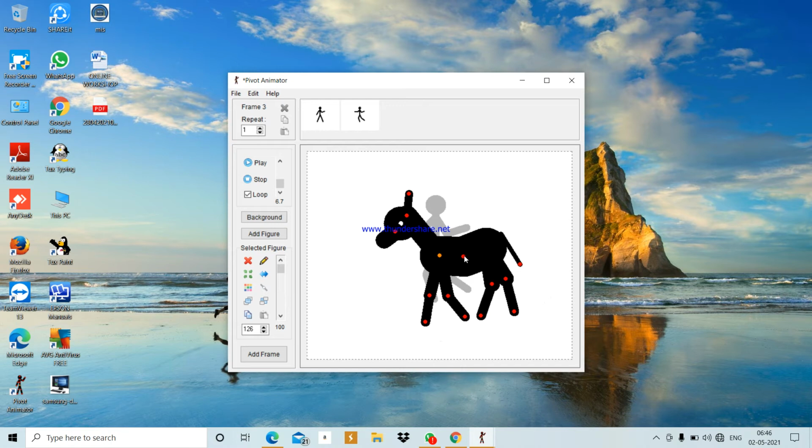Next is to adjust the length of any segment. These are the segments, right? If you want to increase or decrease the length of any segment, you can also do that. In this case you have to press the Control key, then the left mouse button, and click the handle like this. Click the handle and drag the mouse. The segment stretches like this. You can stretch any segment. Fine, you can increase and decrease the size of any segment like this.